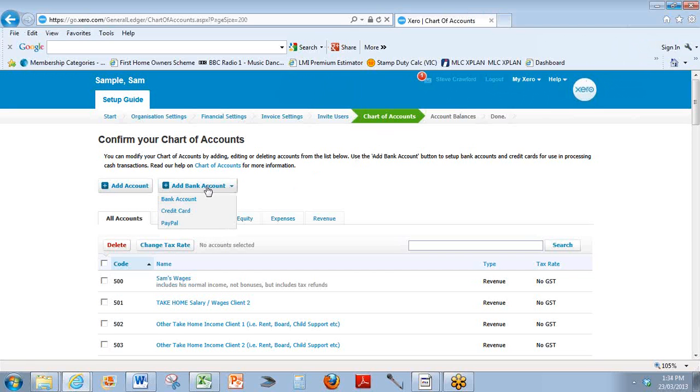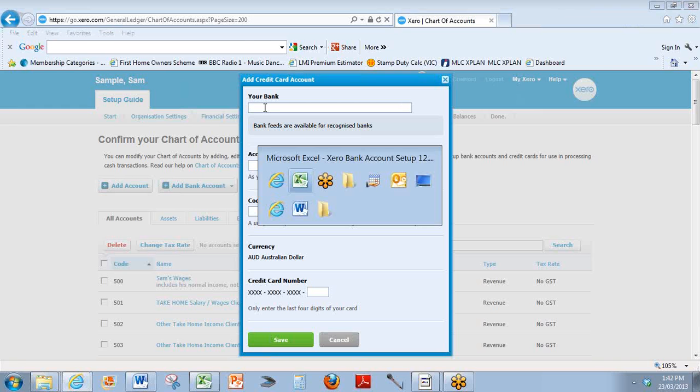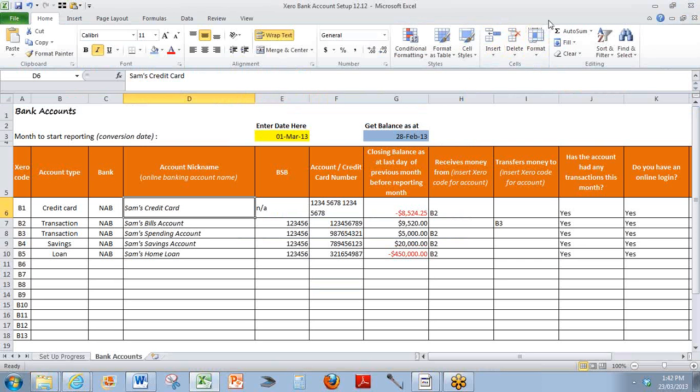So as I said, I'm just going to click Add Bank Account, and I know the first one I'm going to put on is a credit card, so I'm going to click Credit Card. Because I know I've got a credit card with NAB, and the reason why I know this is we've already filled out our client's credit card and banking details using the banking template. And we strongly suggest you do this beforehand